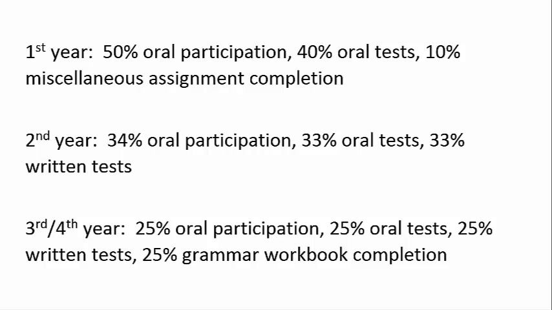So you can see that fully 50% of a student's grade in the first year is determined by their oral participation in my classes. That's a very heavy weight to give to one single element of a student's performance, but there's no element more important, especially in the first year, than that which describes a student's ease with using the language and which requires a student to speak the language on a regular basis if they're to succeed in my classes. And then you can see in the second, third, and fourth years that a more balanced approach is taken between the different elements of a student's performance in class, although oral participation remains a significant factor.